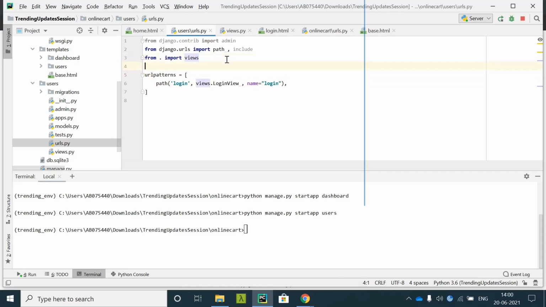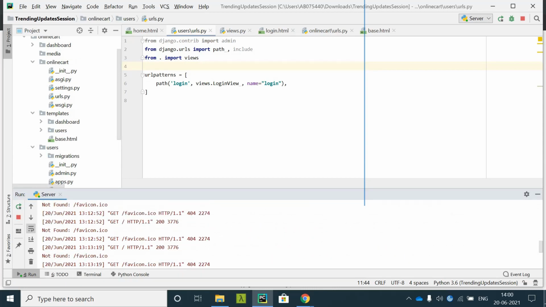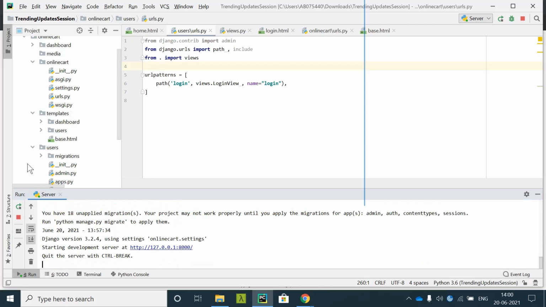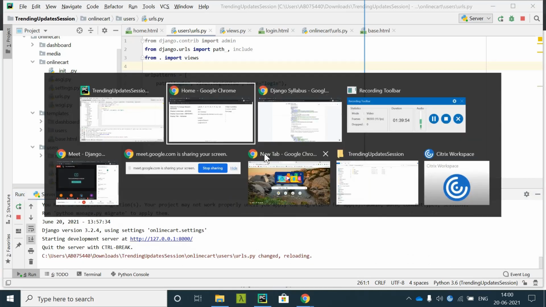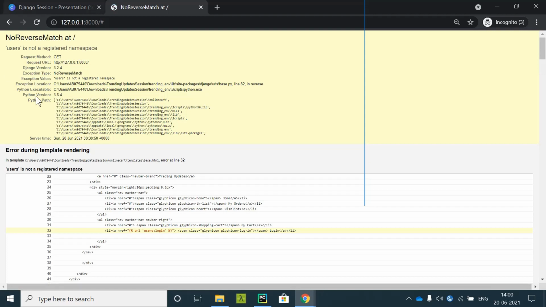So now if you run the server, there is some mistake that we are going to face. Right now we are not facing it. We will go to the app and click on login. We'll reload the page. Okay, you see here, no reverse match.